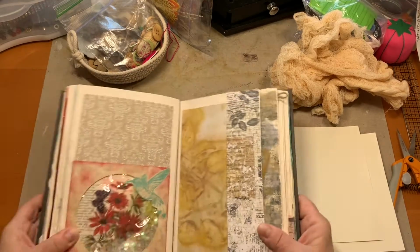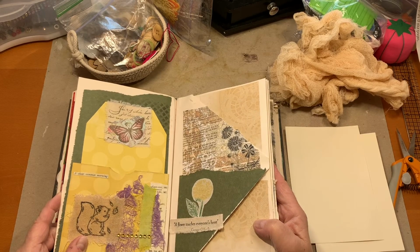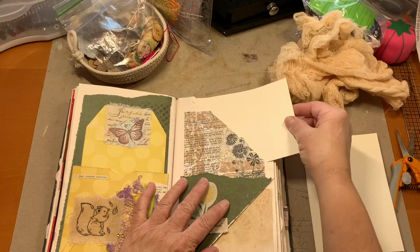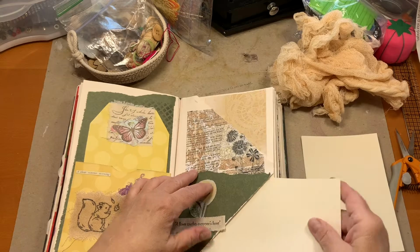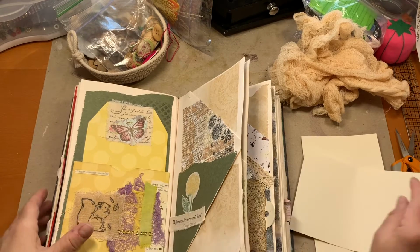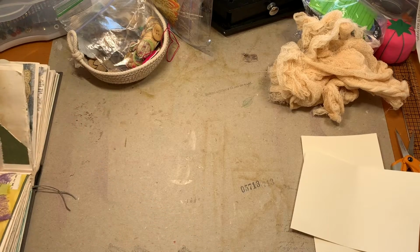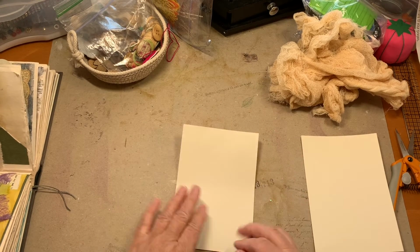Now, I do want to use some green ribbon. So I could make, cut those a little bit. Maybe I could make a folding tag. I'll see. But there's green on this page, so I think I'll make a couple of pockets for there. And you can make as many as you want. You don't have to make one to fill every single pocket in your book,